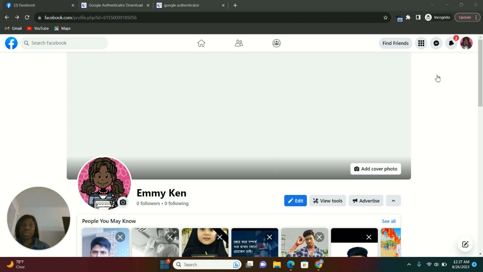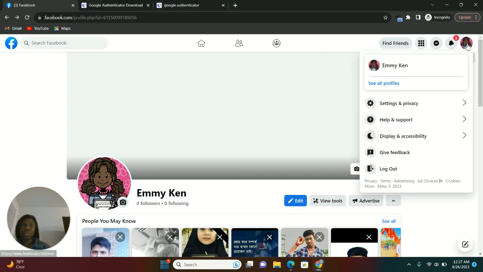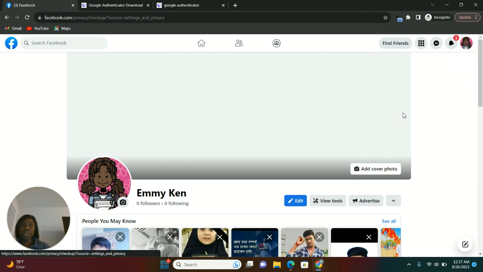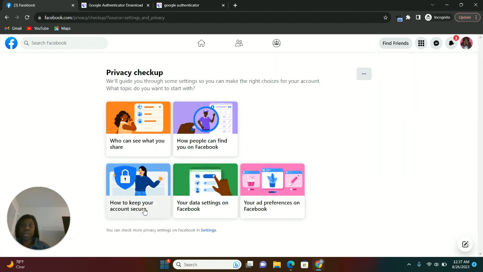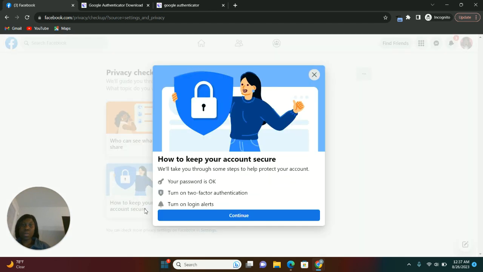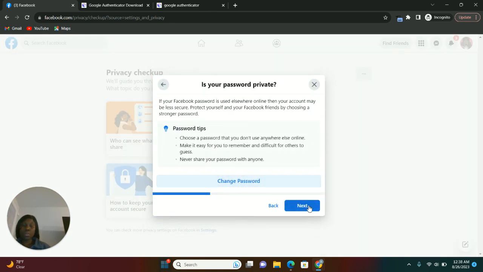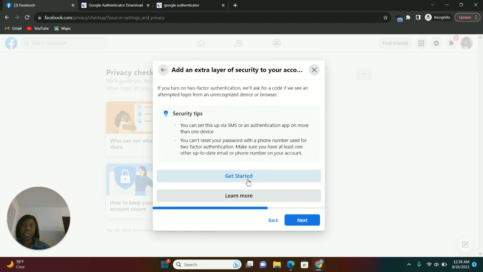When you go to your profile, just go to settings and privacy, go to privacy checkup, click on how to keep your account secure, and keep going. Next, so here you can see add an extra layer of security to your account. So you can click on get started,